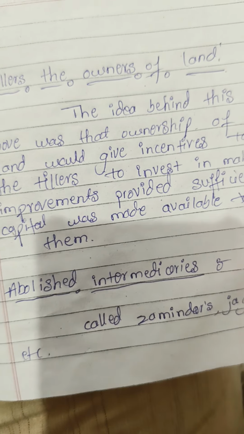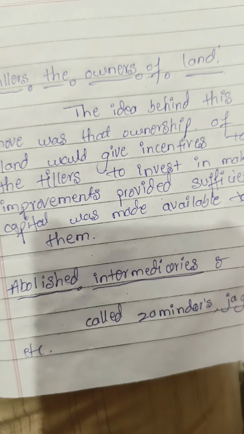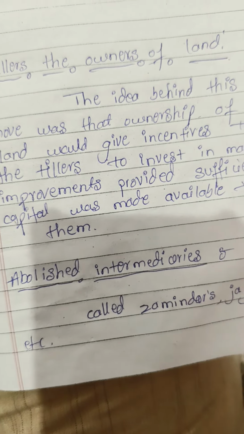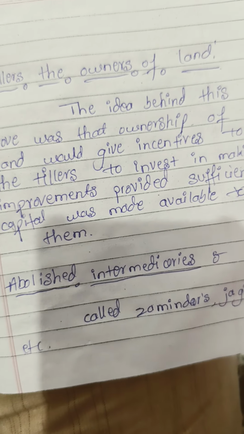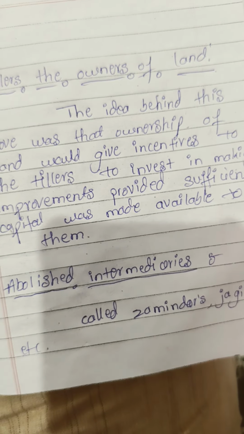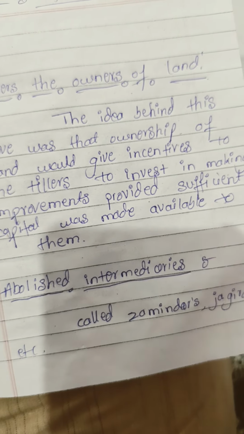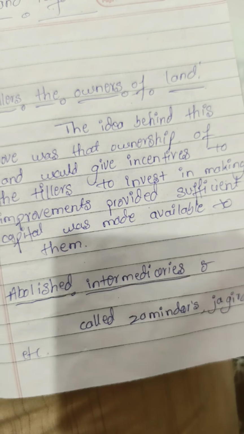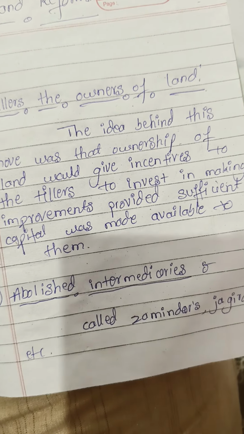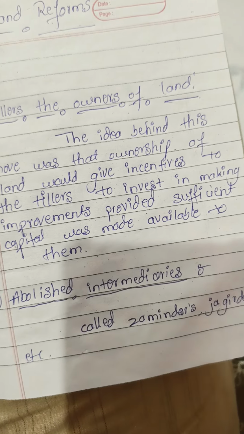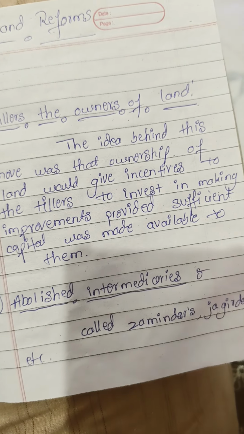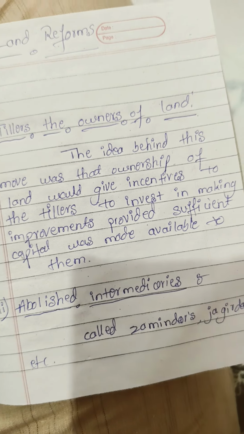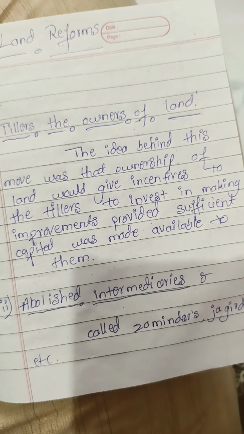But unfortunately, the land reforms were successful only in Kerala and West Bengal because these states had governments committed to the policy of land to the tiller. Other states did not have the same level of commitment, and vast inequality in land holdings continues to this day. The government legislation also faced hurdles. The big landlords challenged the legislation in the courts, delaying its implementation, and also some